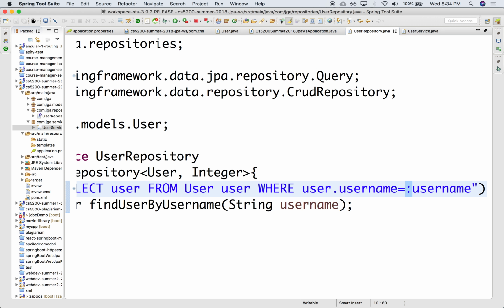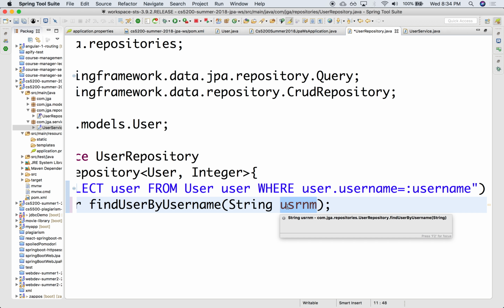Notice that it has a colon in front of it, meaning that this is a placeholder. Just like it would be a query question mark if this were a prepared statement. You can give the prepared statement names. So we want to map this username to that username. And I'm just going to call this something like user name, just to point out the fact that the name of the variable doesn't have to match